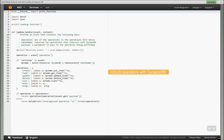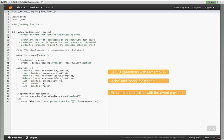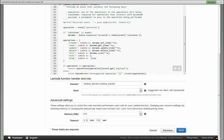As you can see here, what's happening is that when the Lambda function starts off, it creates an array called operations, which holds all the CRUD operations with DynamoDB. We also have operations like echo and ping pong for testing. And of course, at the end of everything, we pick that operation, we find out what's the operation that's going to be coming in, and we execute that operation with that event payload. And lastly, of course, we use error handling for catching all of these incorrect inputs. So then going back,